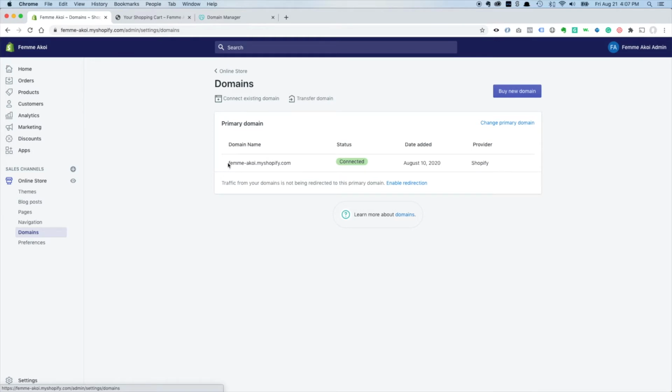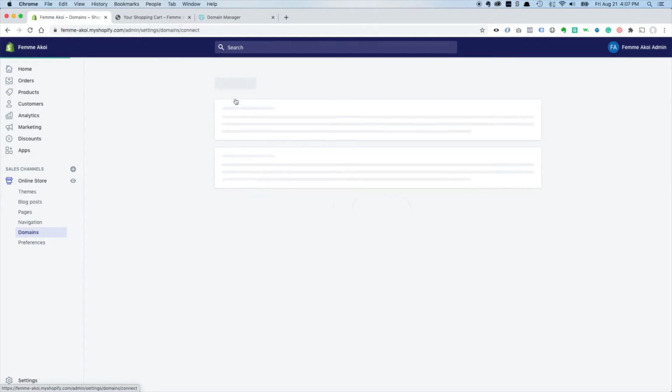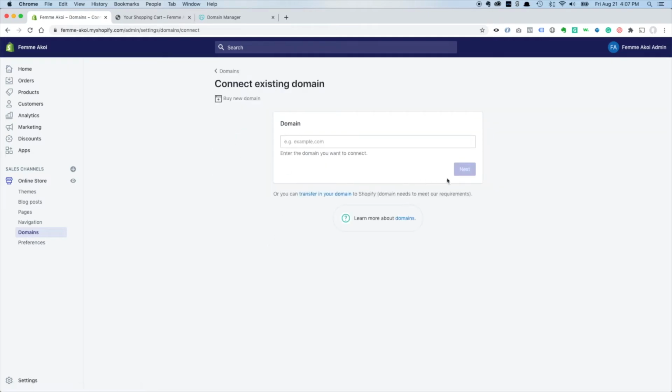Now this domain here is the default domain. It's called the My Shopify domain that Shopify sets up for you by default. Every store gets one. It's the store name .myshopify.com. But we want our own domain, and usually you're just setting up a .com domain without a subdomain, and you've got a few options here. You can connect the existing domain, where you just click on this and then enter your domain, and Shopify will